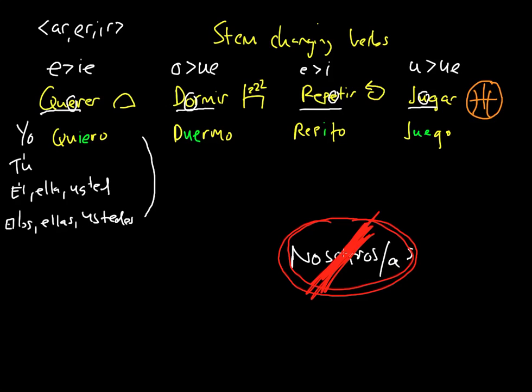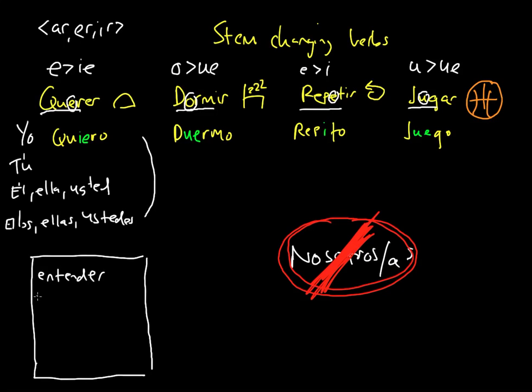Okay, now there are a group of 4 verbs, just some basic verbs similar to the verb querer, that have an E to an IE stem change. And I'm going to write them in this box over here because when you look at them for the first time, you may ask yourself, well, which E, and do I take into account the stem change? So we have the verb entender, we have the verb preferir,